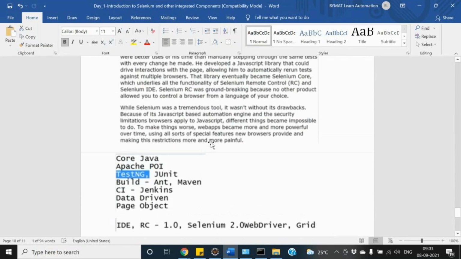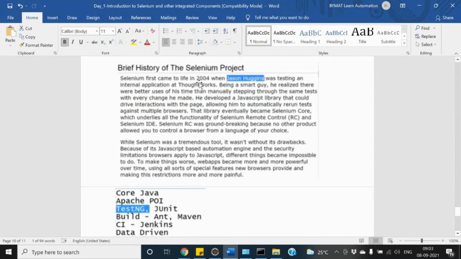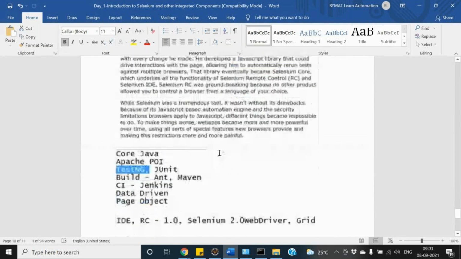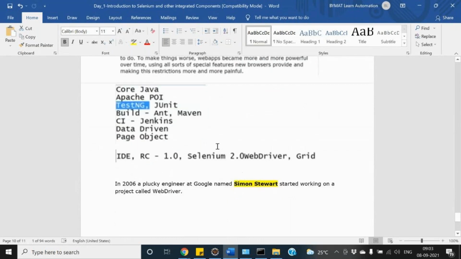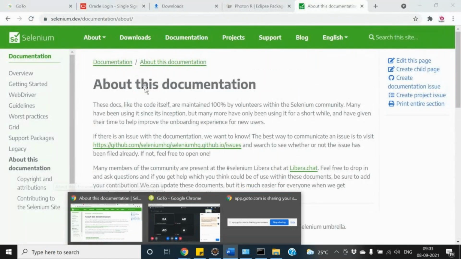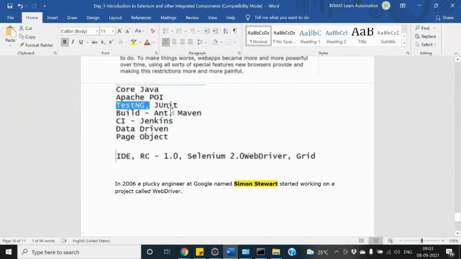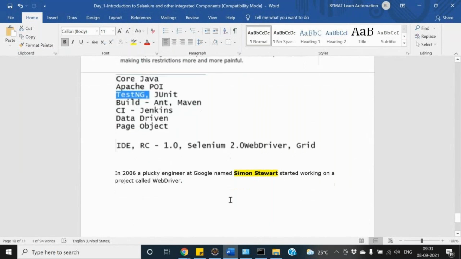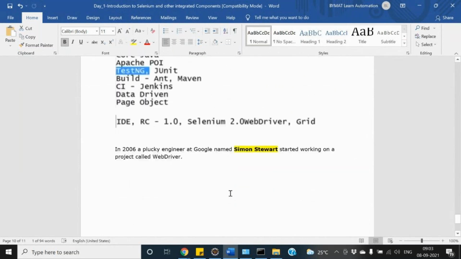These are the different journeys of Selenium, which started in 2004. If you have interest, you can go to this website and read it out. We'll discuss all of this and start the things.